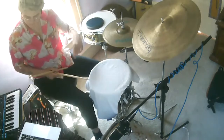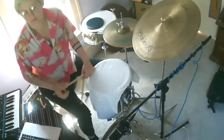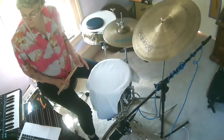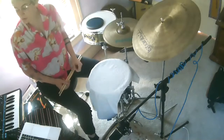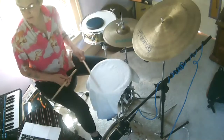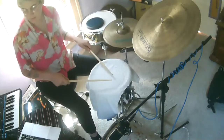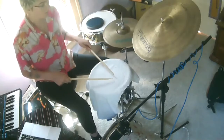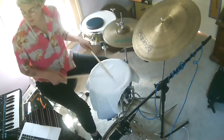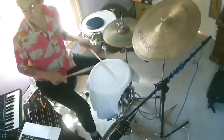We're going to do 1 measure of feet and play all of section A. Here we go. 1 E and 2 E and just feet, ready, go. 1 E and 2 E and ready, and down beats. 1 E and 2 E, 3 E and 4 E, and again 1 E and 2 E and 3 E